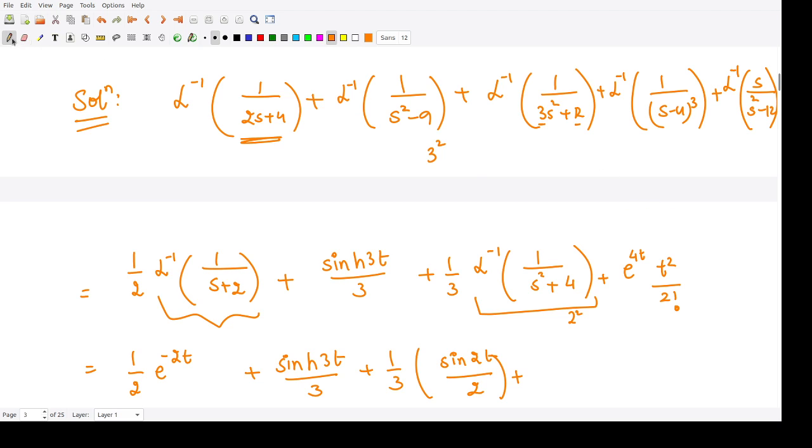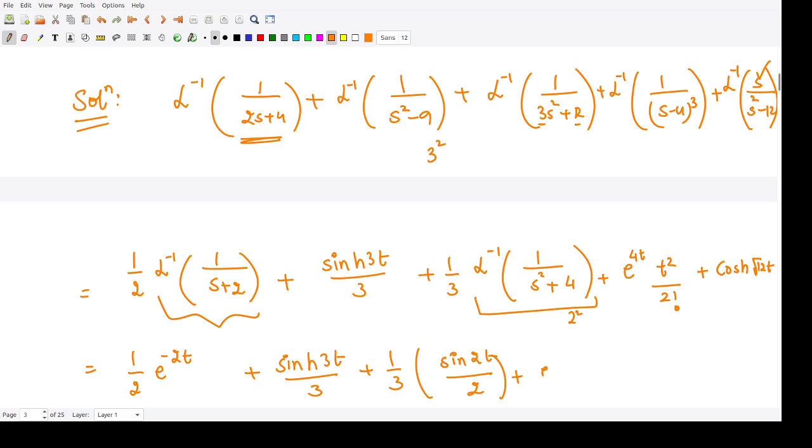And then the Laplace inverse of this term. So this term, because s is present here, that would correspond to cos, and because minus is present here, that would be a hyperbolic function. So that means we have this to be cos hyperbolic square root 12 t.